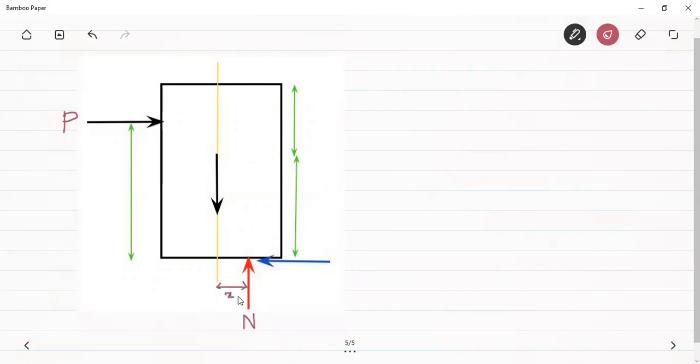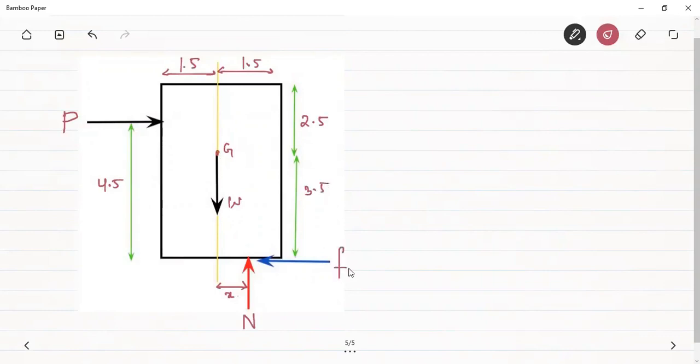For the case of slipping, the normal reaction should be within the range of 1.5 feet, because this distance has been given as 1.5 and this distance is also 1.5. This height has been given as 4.5. This distance was given as 2.5. This is the center of gravity and this will be the weight, and this distance has been given as 3.5,